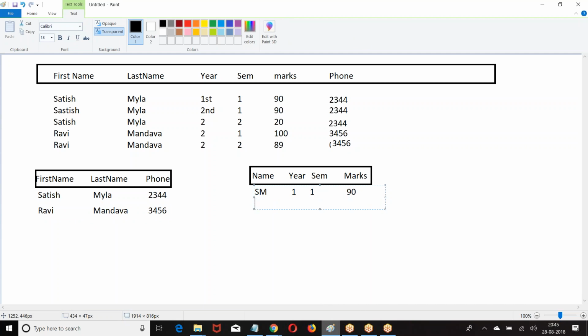Because of this, what happened? Whatever data was repeating, we have avoided, right? Redundancy is removed. Now it is simplified.